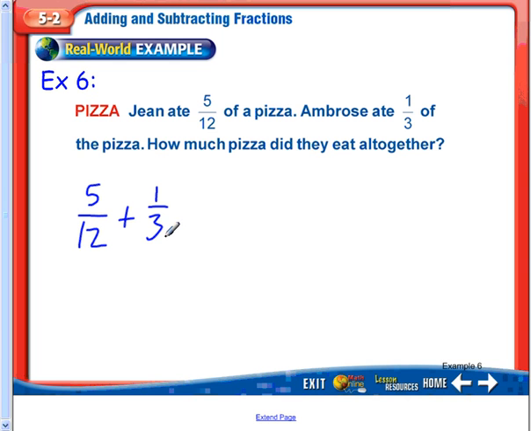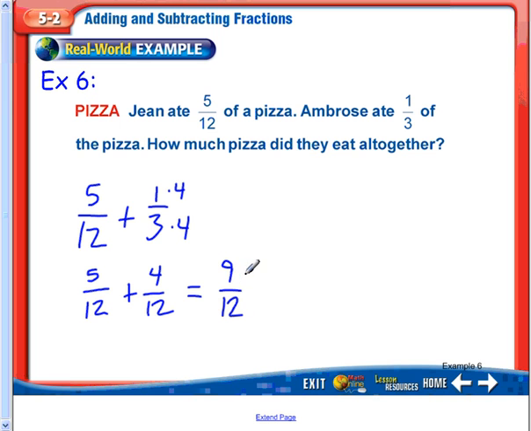And right now we're not comparing the same size of slices of pizza. So I know that I can make 3 into 12 by multiplying by 4. So I need to do that to both top and bottom. So I'm going to get 5/12, that will stay the same, plus 4/12. And that equals